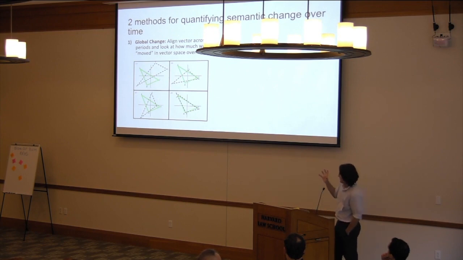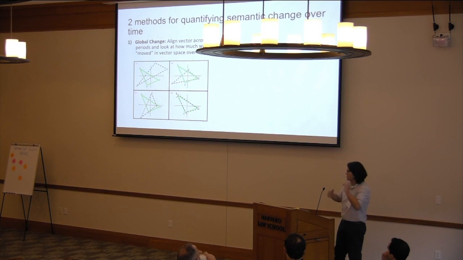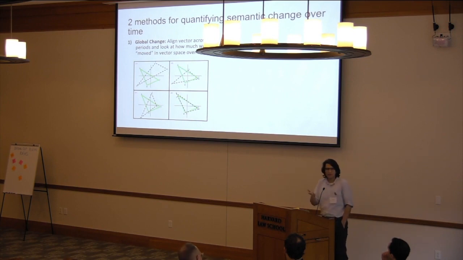Let's say the yellow triangle is the word2vec model for the year 1800, and the little dotted triangle is the word2vec model for the year 1900, right? We're trying to fit them together and see how a single word changed in place over time, and we're trying to align them. Now this gives us a score, and the established method is to use something called cosine distance, which is basically 1 minus the cosine similarity.